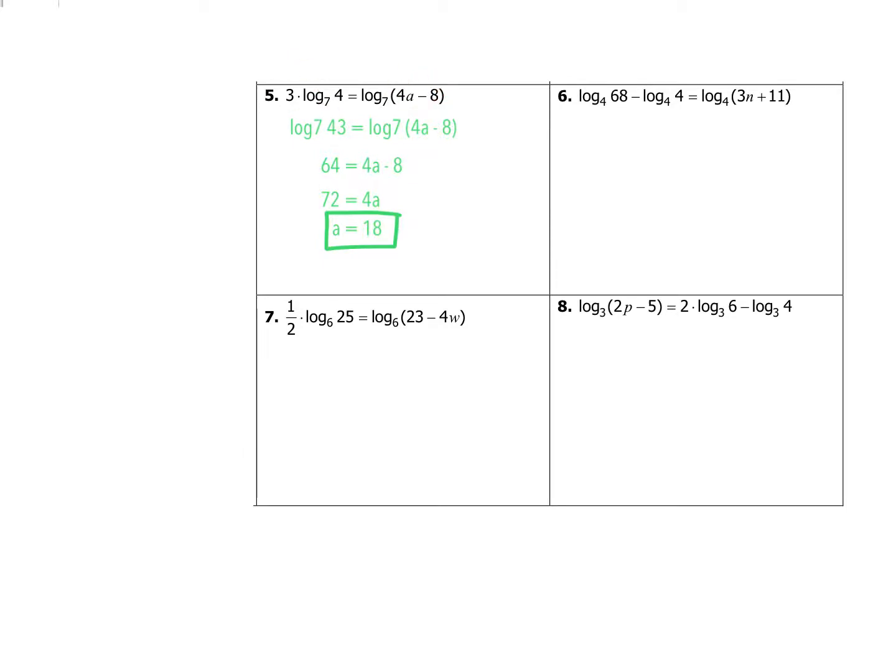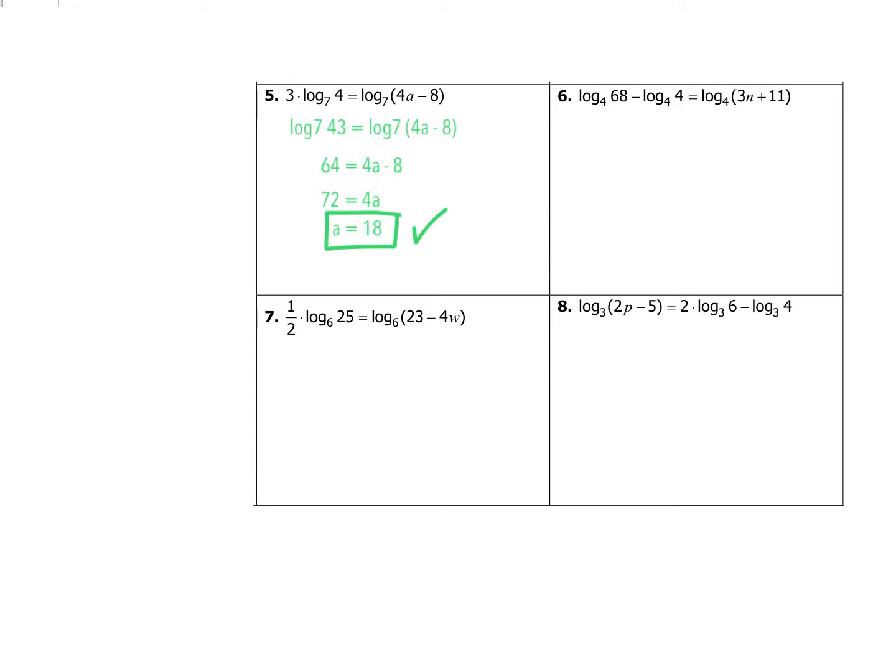So over here I need to plug 18 in for a, so I'll have 4 times 18 minus 8. Well, that's definitely going to be a positive number, so it should be okay. So I'm going to mark off that I checked it. Alright, so for example 6, I'd like you to pause the video and try it on your own to see